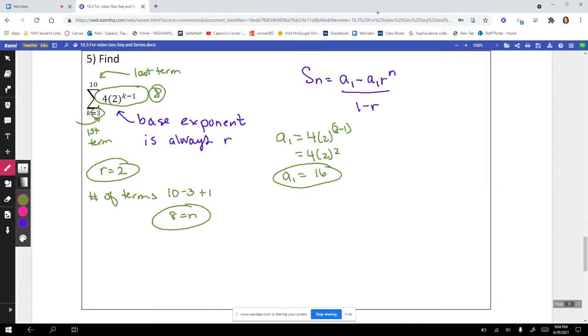Okay, looks like we're ready to go. So I have S sub n is equal to 16 minus 16 times my ratio, which is 2, raised to the 8th power, all over 1 minus 2. So again, I'll put that in my calculator, and my sum is